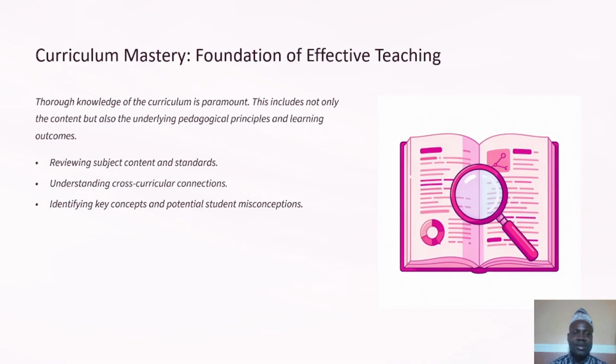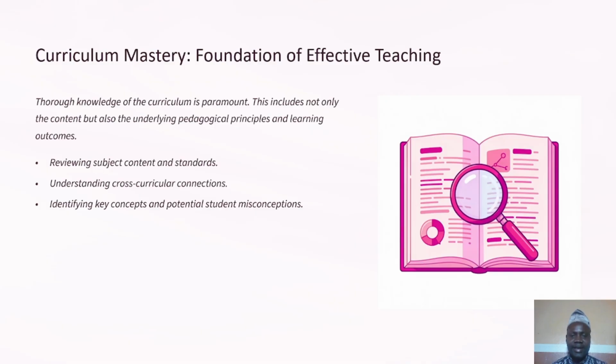So you may also need a scheme of work. You may also need to be aware of the curriculum expectation. That means, what is the standard that a learner must attain at the end of going through that curriculum? We have many standards. That's why they said there are 3 curriculum: the designed curriculum, the implemented curriculum, and the attained curriculum. When you have a curriculum that you have interacted with well, you will have the basic understanding of